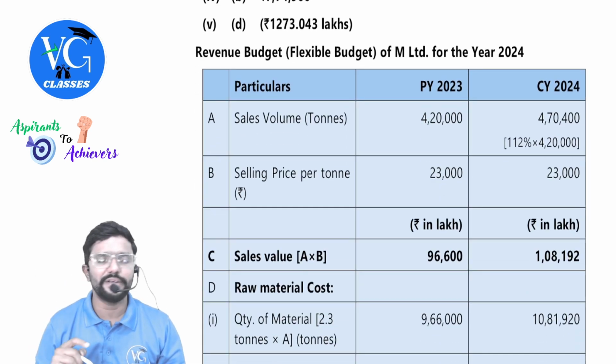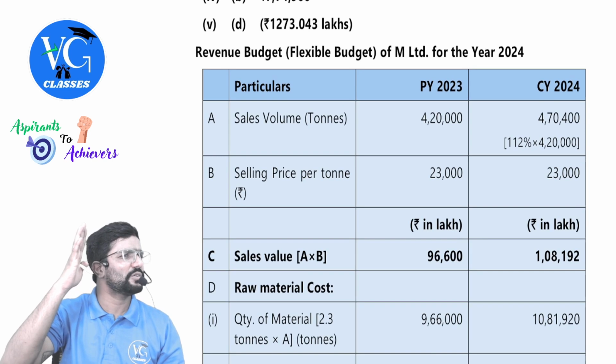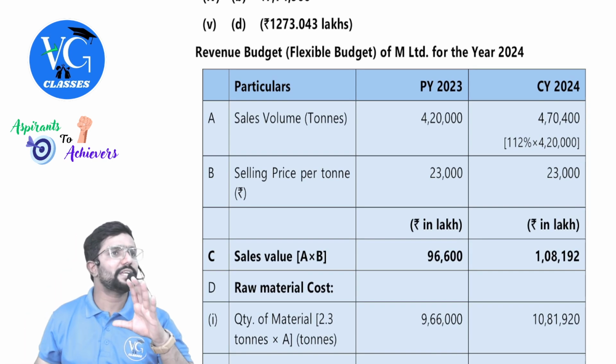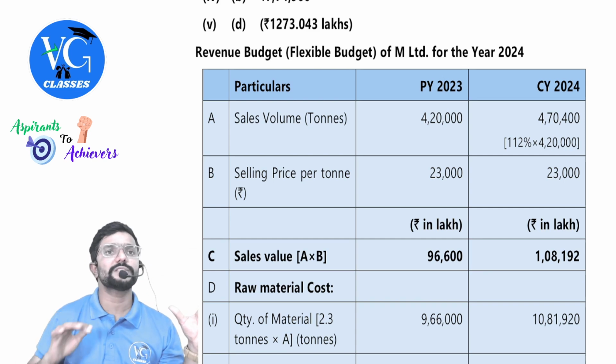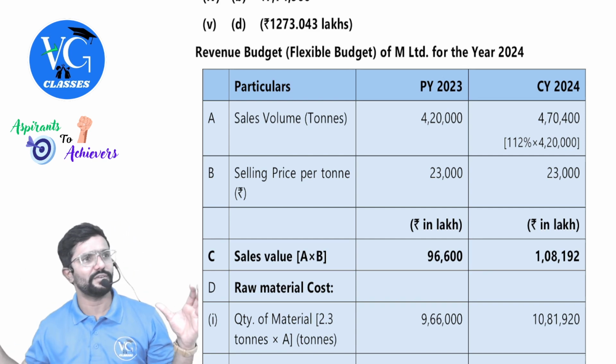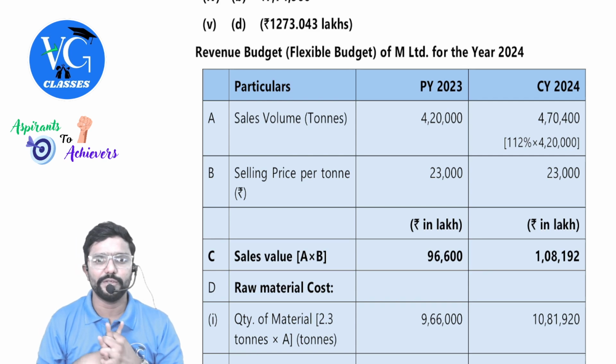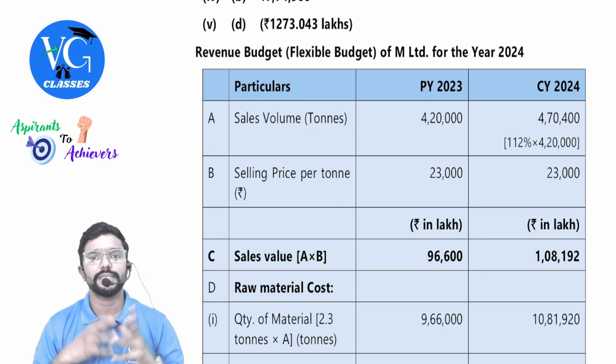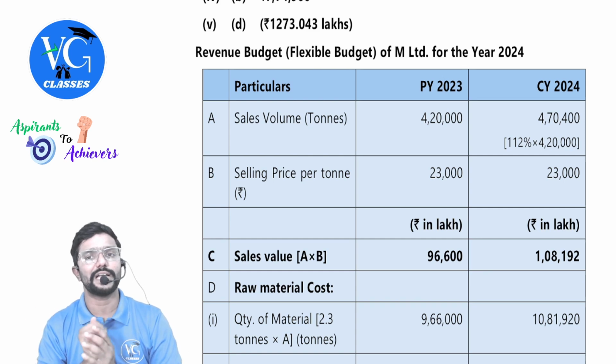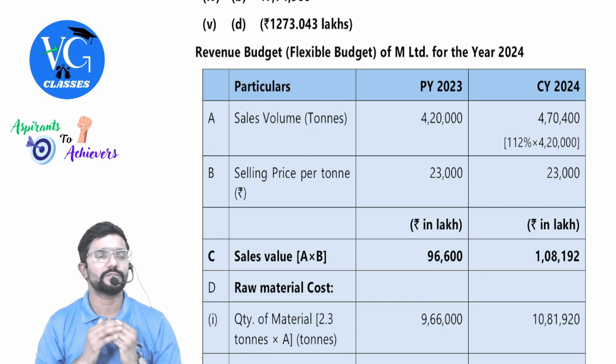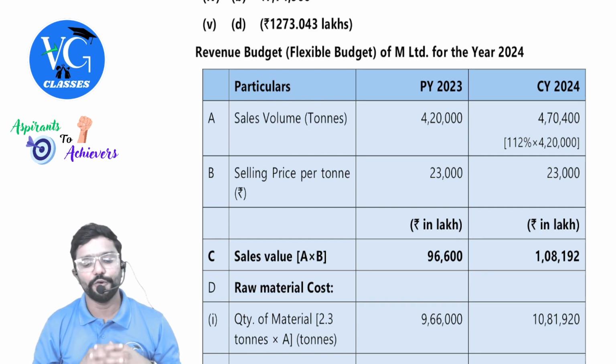Sales volume for 2020. Guys, the year confusion is there in the question. Please be careful. Actual data what is given is for 2023. What we are supposed to project is for 2024. In between 2021 and all they have used. Please be careful with it. Okay. Sales volume was 4,20,000 guys. Now it will increase by 12%. So it will go up to 470, 400.